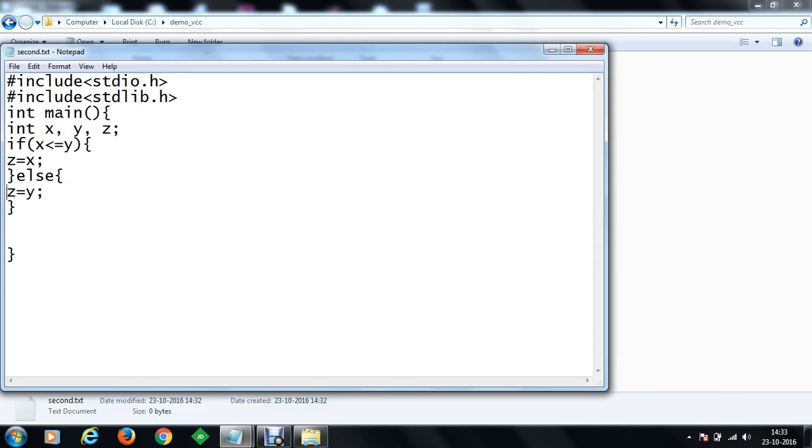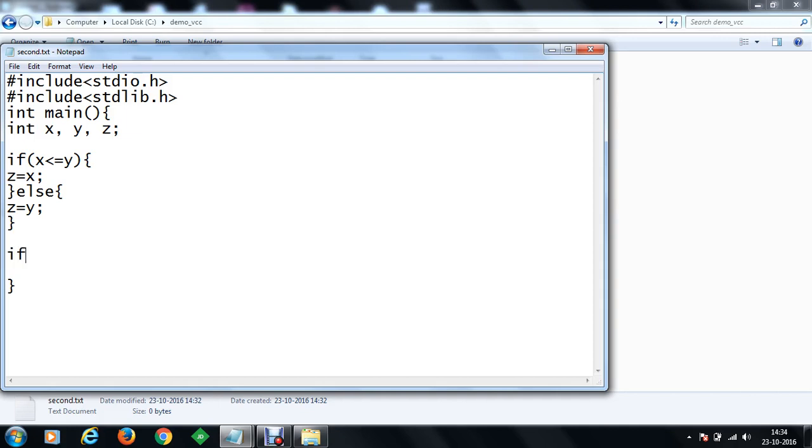So we have a conditional program where, after providing some inputs, the inputs are processed, and after processing x, y and z hold some values. Depending on these values, we have a main condition to test.